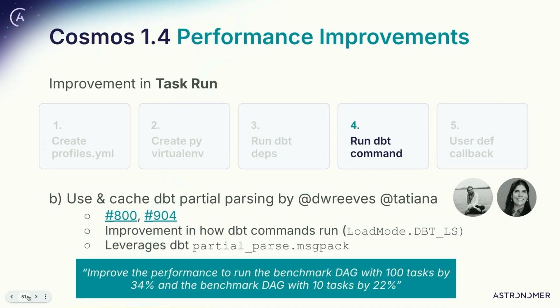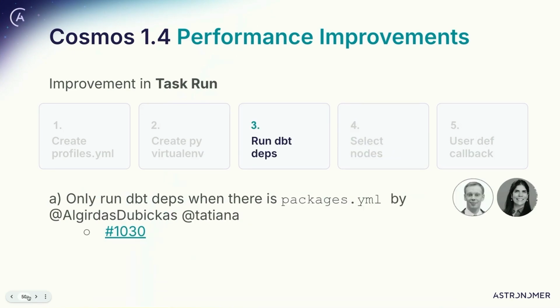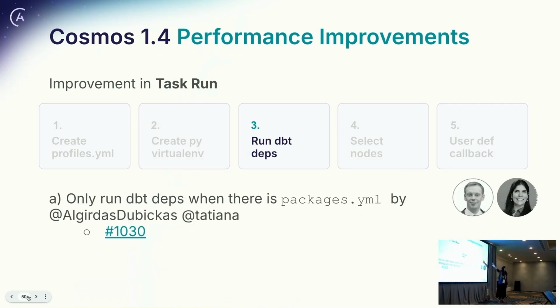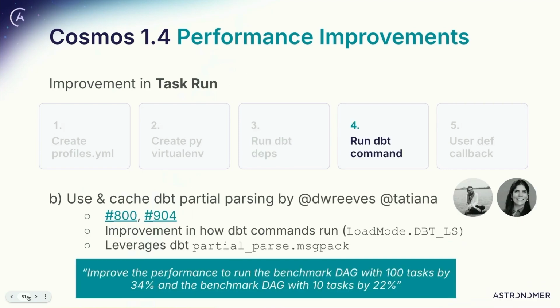And then we try to illustrate here where the improvement is happening, if it is in DAG parsing or task run. And by task run, we're excluding the queuing time, because you know about that already. So just the execution of the task itself after it has been queued, so after the DAG has been processed. So we're trying to showcase where each PR had an effect.